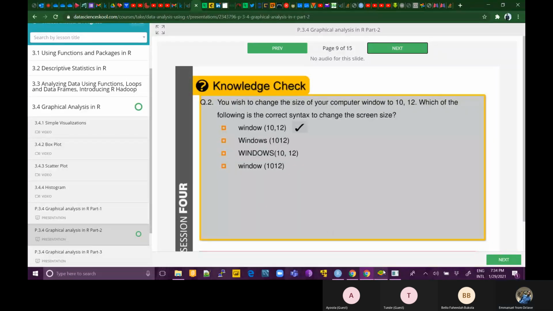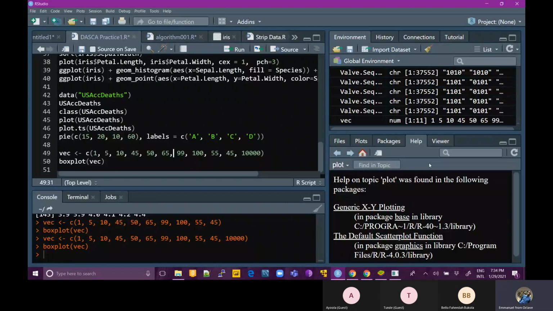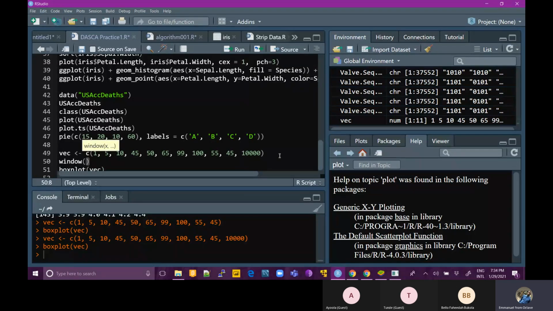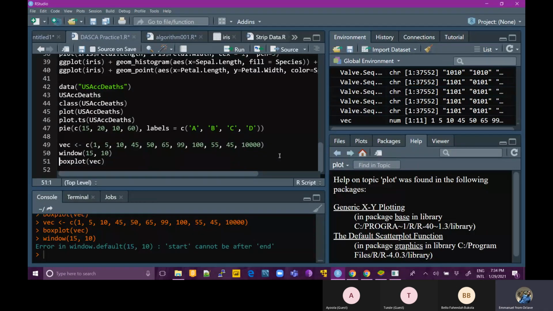That's talking about this part of your PC. So let's say, for example, window. Let's try it out. Window 15, 10. Let me try this. The error in Windows that cannot be that cannot be after end. Okay. What if I should put and